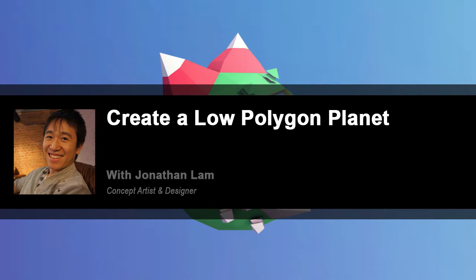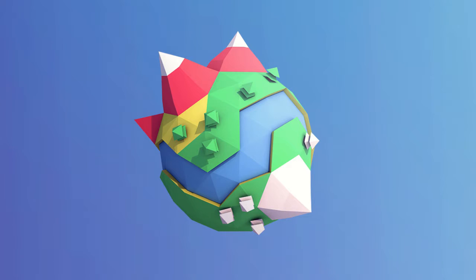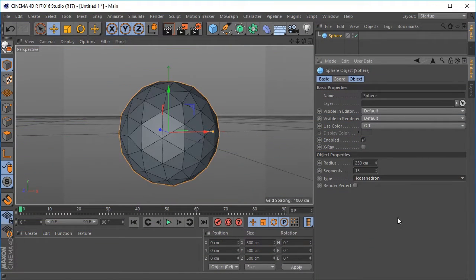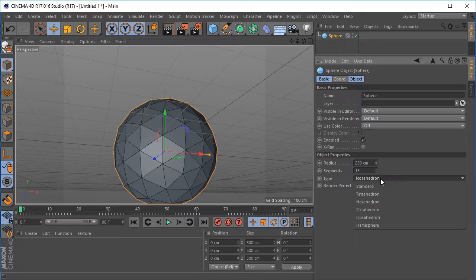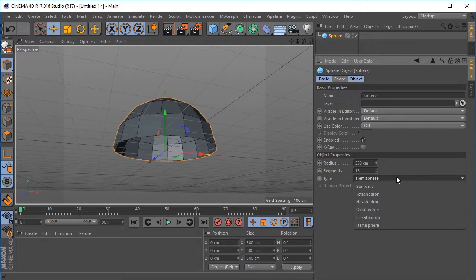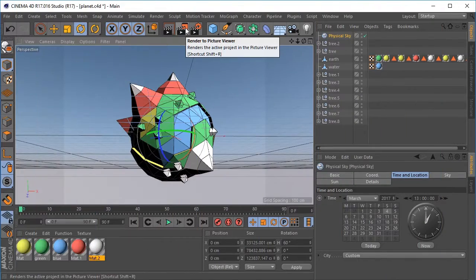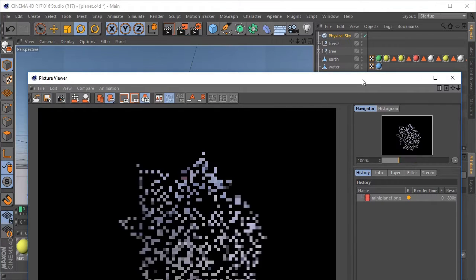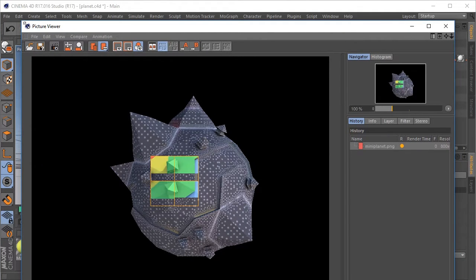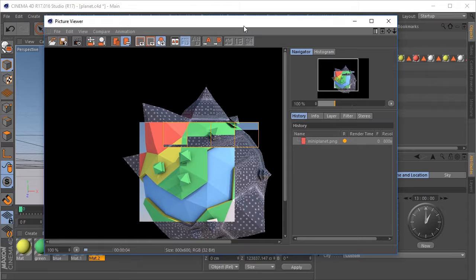In this class, we're going to learn the step-by-step process of how to create an abstract low-poly planet by modeling it in Cinema 4D. Starting with a basic shape, we'll take you through all the tools and skills necessary for the project. We'll then take a look at how to render your model so that you can save it as an image or take it into programs like Adobe Photoshop where you can add some final touches to make your